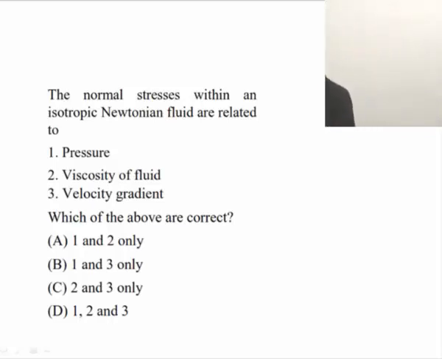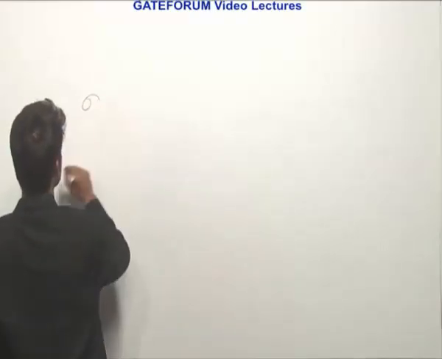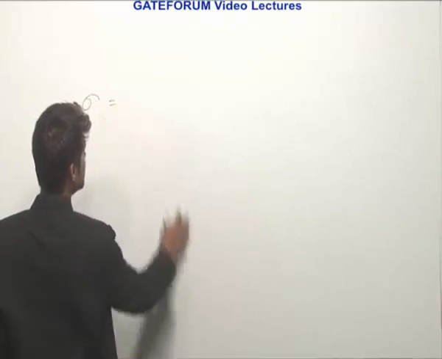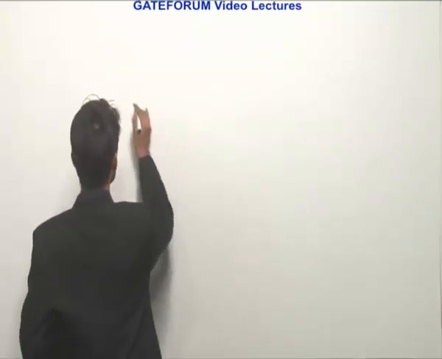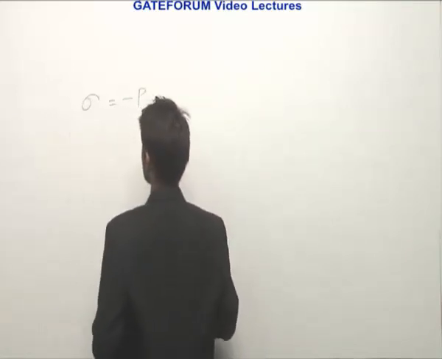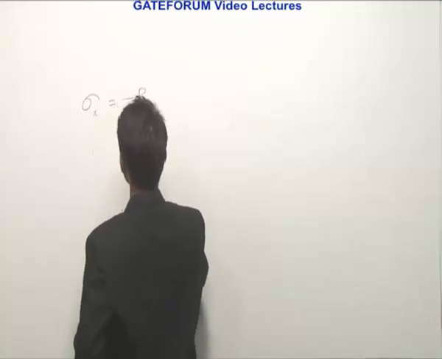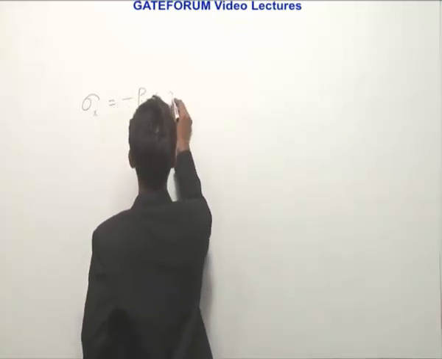As we know, for any Newtonian fluid, if stresses are to be defined with the help of several equations in the Navier-Stokes equation, we can write the stress in any particular orientation x